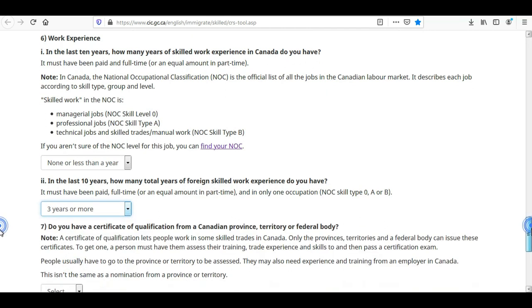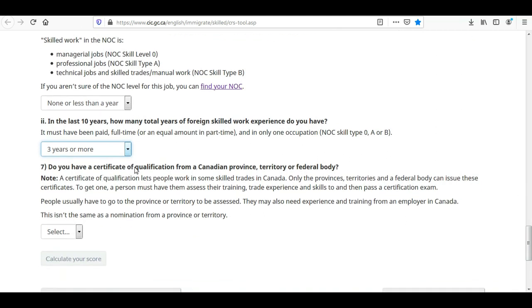Okay, now the next question is: do you have any certificate of qualification from a Canadian province, territory, or any federal body? Sometimes in order to work in Canada, you have to acquire a license from the Canadian province. Normally it is applicable if you are applying in the Federal Skilled Trades program, so basically it is applicable to skilled trades.